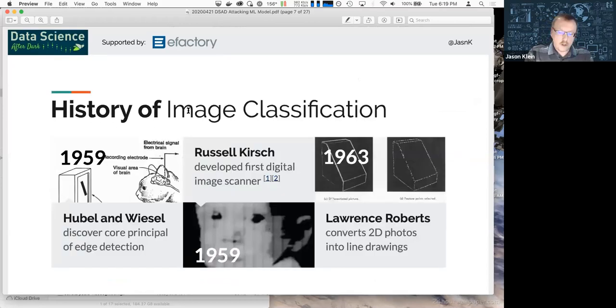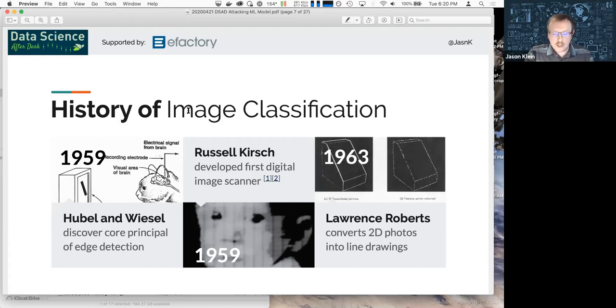Now, I'm going to move on and cover some history specific to image classification so that you can appreciate a little bit more about how these image classification models work, since that's what we're focusing on tonight. But each segment of machine learning has a similar story where you see that somebody somewhere had an idea, but everyone's ideas tend to build on prior work and we eventually get to the point where we are today.